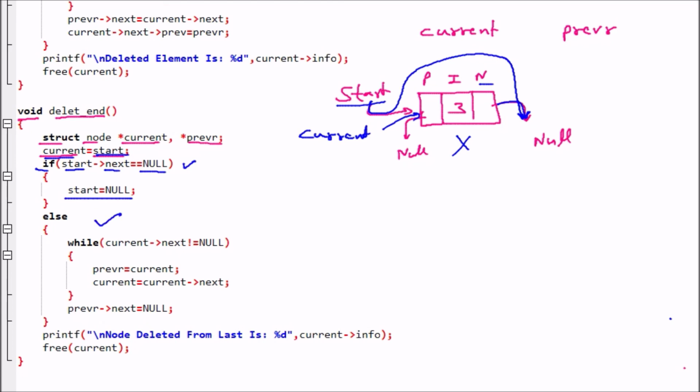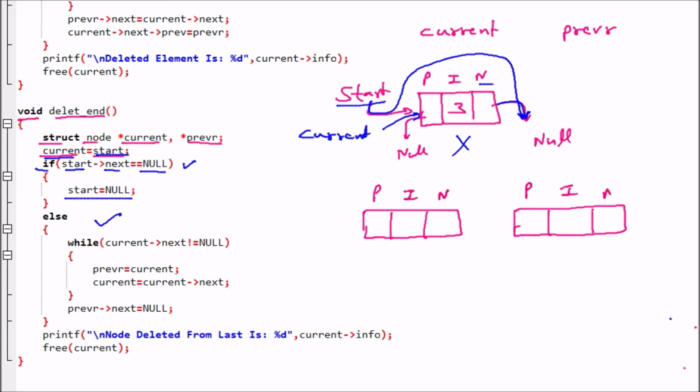Else part means let us assume that there are multiple nodes present. So I am assuming that there are 2 nodes present in the linked list. Now these are the doubly linked list nodes. Let us suppose that we are having previous, info and next, similarly previous, info and next. The nodes are 3 and 5. Now next is pointing to the next node. This next is pointing to null. Then afterward here we have previous pointing to the previous node. This previous is pointing to null. And here the start is pointing to the first node. So this is how we are having the linked list right now.